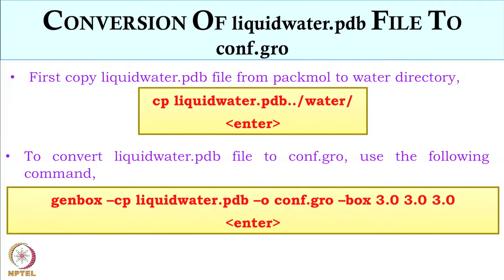Which means they have to be very careful about what options are given. Yes. If they just type genbox space minus h, h is the help option, they will know which flag is required for an input file or an output file. All the flags will be listed there, with a note that this is an input file option and this is an output file option. But minus o is always for output. And conf.gro is again a text file which can be edited. Yes, it's a text file, it can be edited.